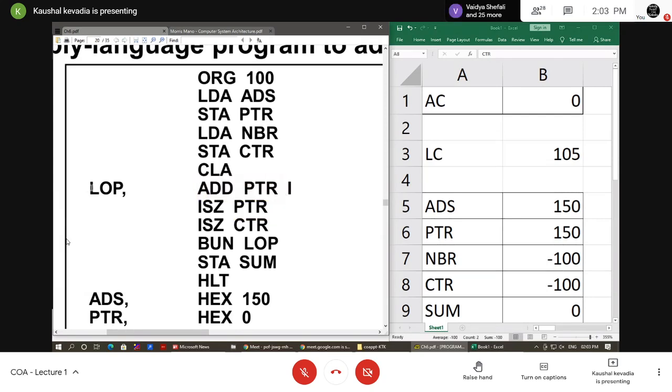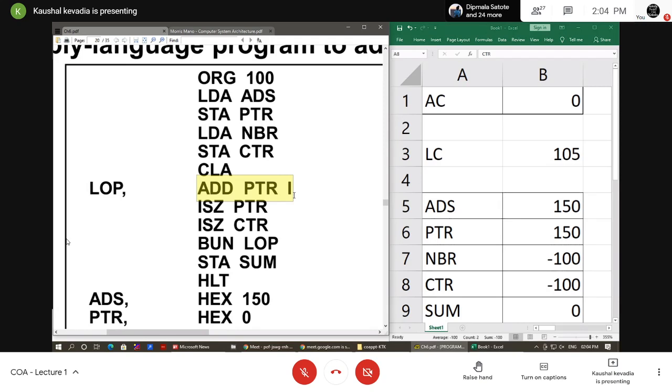So first of all we have prepared the loop. Okay, so this is the label name, loop is there. Then here we start the first addition, that is add PTR in indirect addressing mode. यहाँ पे डायरेक्ट एड्रेसिंग मोड यूज नहीं किया गया है, लास्ट में आई लिखा है. तो आई का मतलब क्या है कि मुझे पीटीआर की जो वैल्यू है वहां से वेरिएबल फेच नहीं करना है. मुझे कहां से फेच करना है, पीटीआर के अंदर जो वेरिएबल है दैट इज माय एड्रेस. I want to fetch the value from that address.